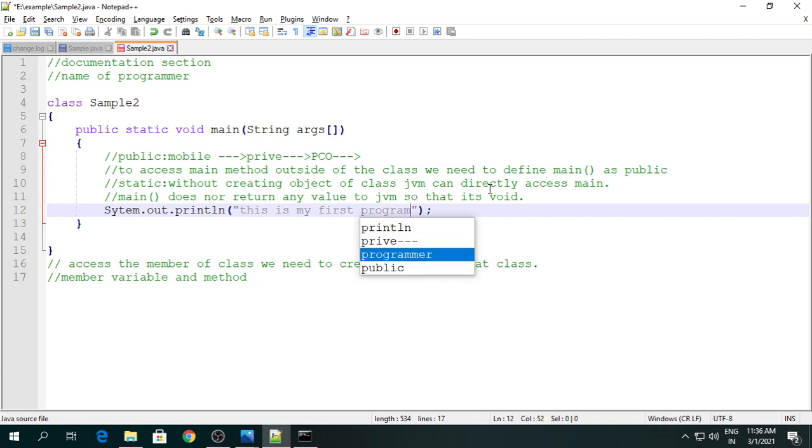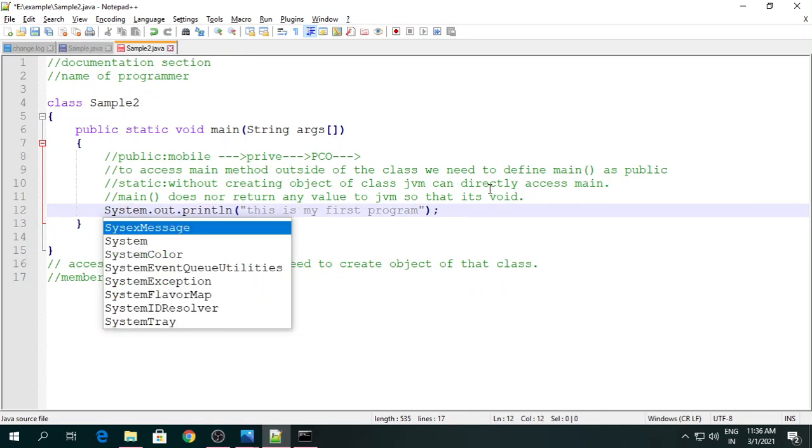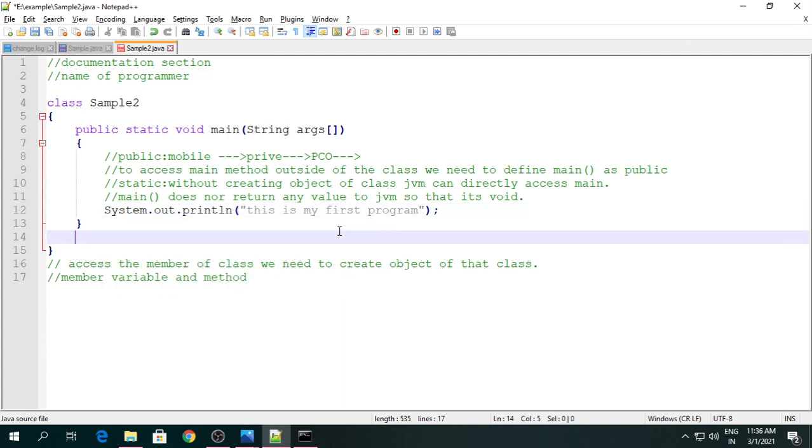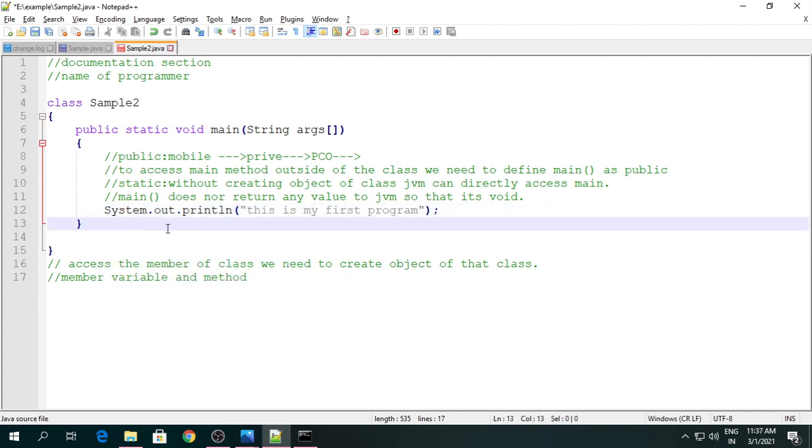Fine. So now try to understand what is System. Okay, I made one spelling mistake. System.out.println. Fine. So Control S.